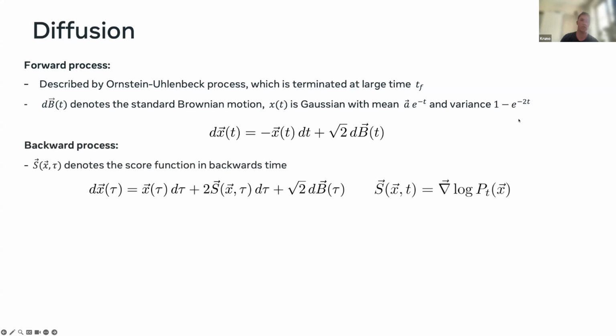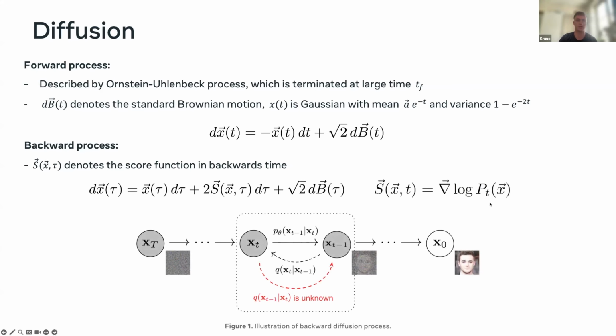And basically the whole challenge and the beauty of diffusion models is in learning the backward process. To learn this equation, we need to learn this score function. I'm going to be denoting it like this, and basically the score function is the gradient of the log probability of x at every time. So we need to learn this for every time and for every x. And this is the standard sketch. So we go from some data distribution at time t equal to 0, and we noise for capital T steps until we get to this large time.